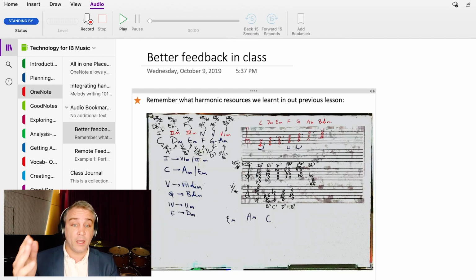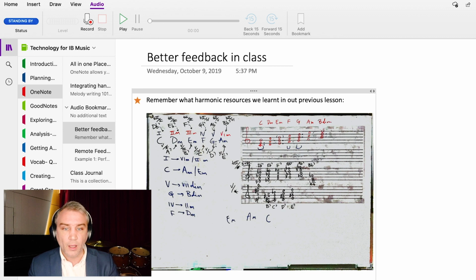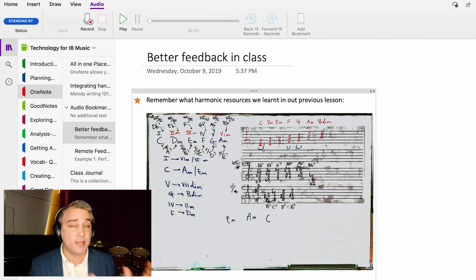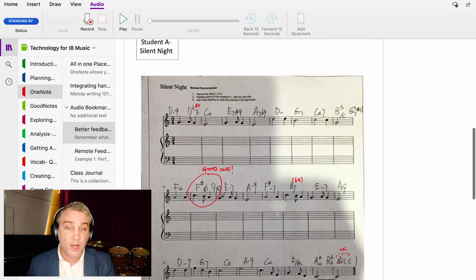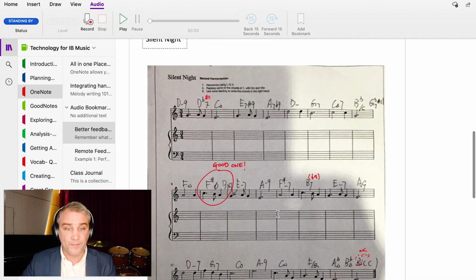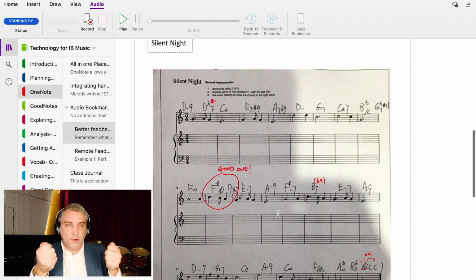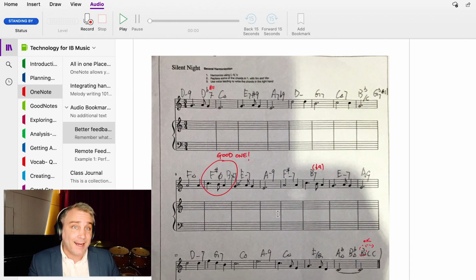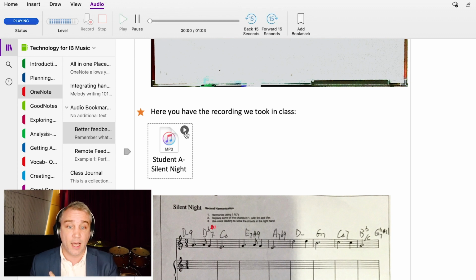For example, this day, we were doing diatonic chords, secondary dominants, and substitute dominants in class, and then they had to reharmonize a Christmas song for the next day. This specific student brought this reharm of this melody, and instead of him just bringing a piece of paper and taking it home, or me keeping it, I took a picture of it, which allowed me to write notes in there in class as he was there, and also we recorded it,